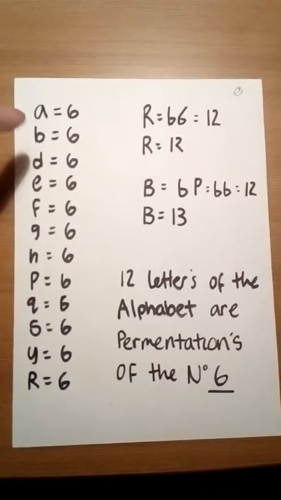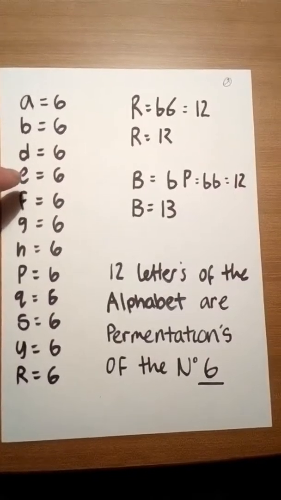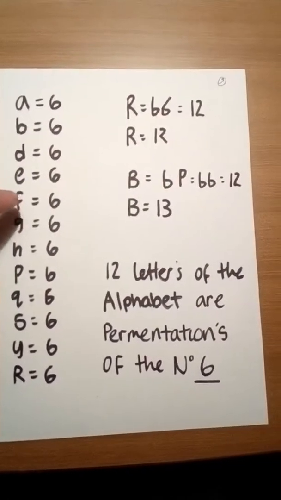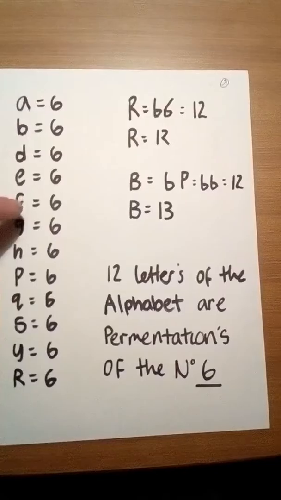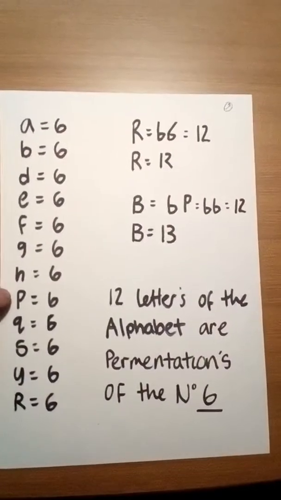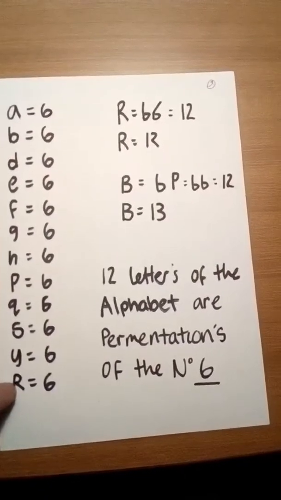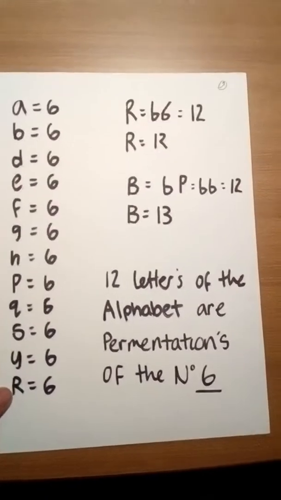As you can see from here, A is a 6, B is a 6, D, E is an upside down 6, F is a permutation of 6. It's got a little bit missing there, but it's of the same family. The G is a 6, the H is a 6, the P is a 6, the Q is a 6, the S is a 6, the Y is a 6, and the R is part of the 6 family as